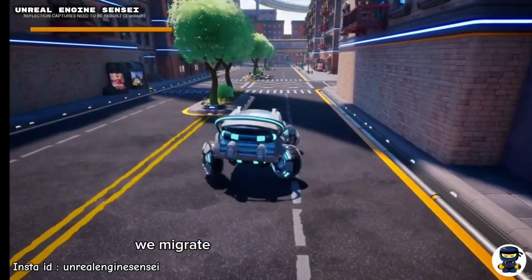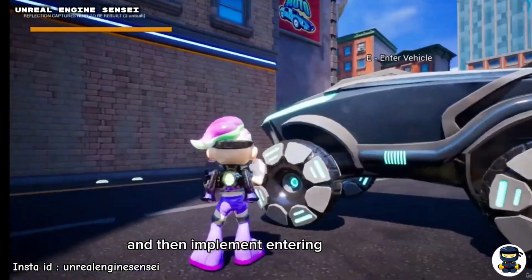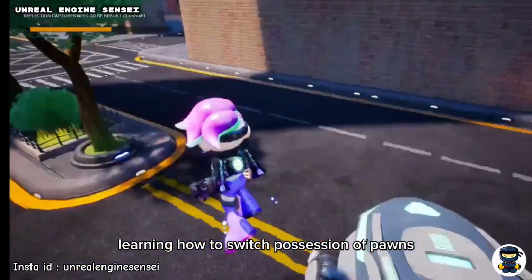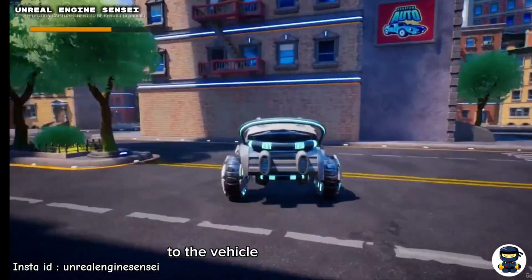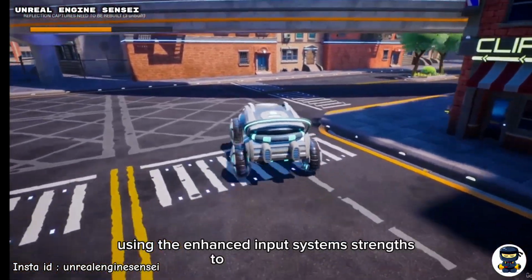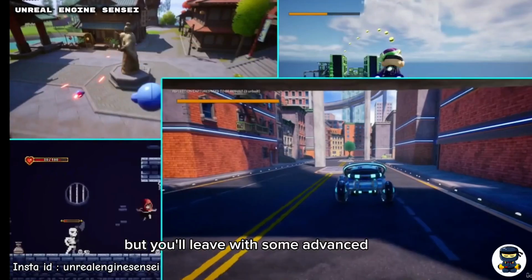And finally, we migrate this car into our platformer project, and then implement entering and exiting the vehicle, learning how to switch possession of pawns from the human character to the vehicle and back again, using the enhanced input system's strengths to our advantage. You may start this course as a beginner, but you'll leave with some advanced level skills